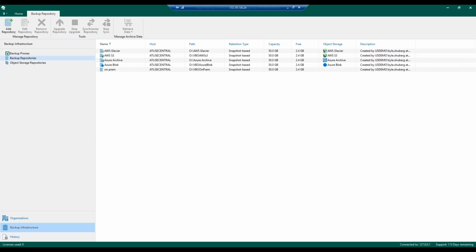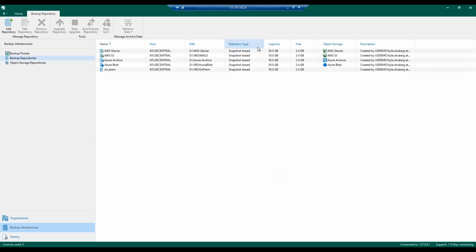Now, as we jump in, I like to start out with the actual infrastructure of Veeam because this goes into how we can actually architect the solution. What we're looking at now, obviously, is the Veeam console, and that really lives on what we call the backup server. Now, this backup server is really the control panel for everything involved in our backup solution here,